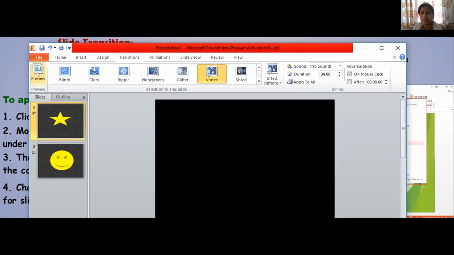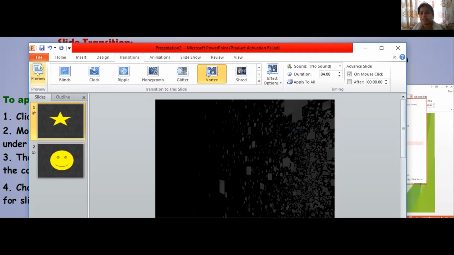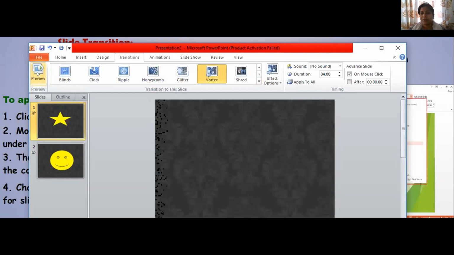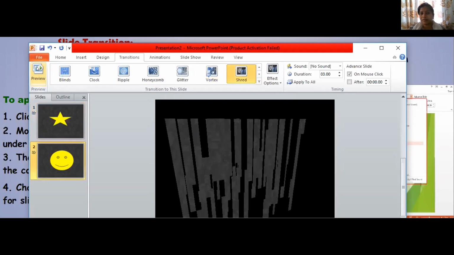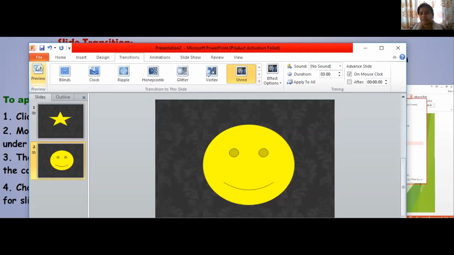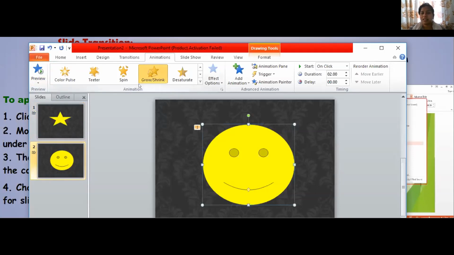How does it look? You can see on the screen, children, how the slide has appeared, and then how this slide comes. See, can you see here? How nice, right? This is the way you can give transitions to the slide also.